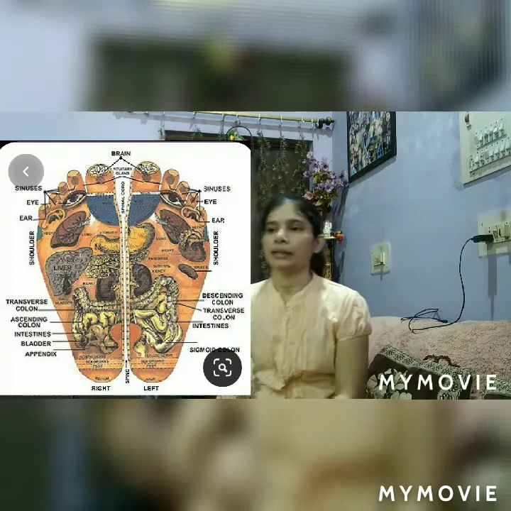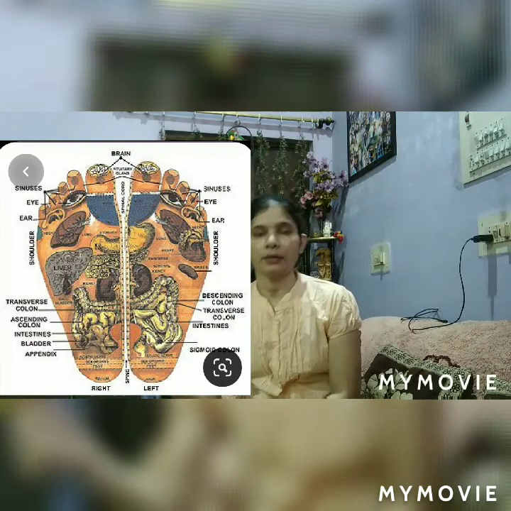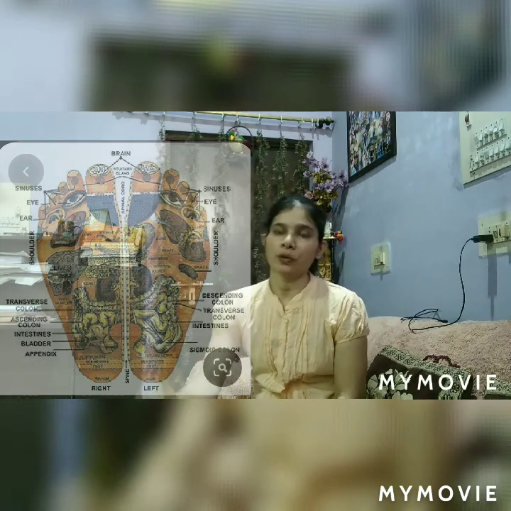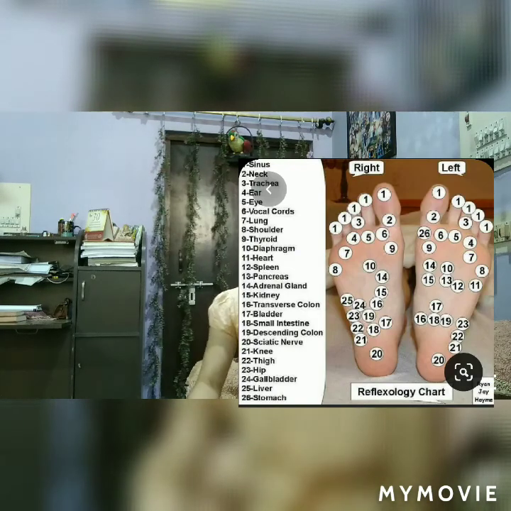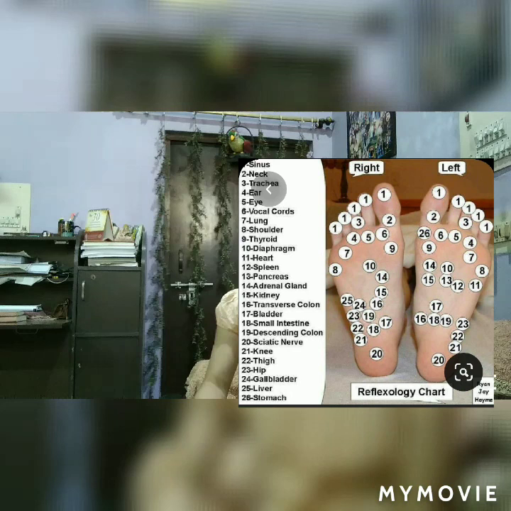The liver is located only in the right part. It is the same in the case of the sole. The same points are there, but in our left sole the heart is located, and in the right sole the liver is located. So there are points like sciatica points,